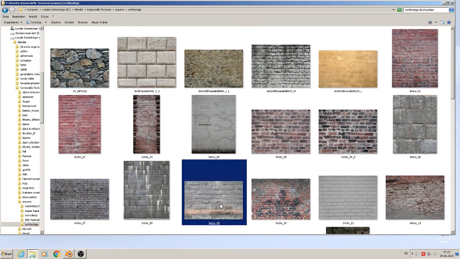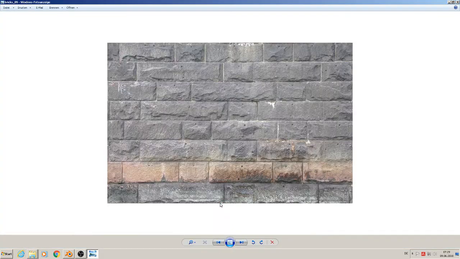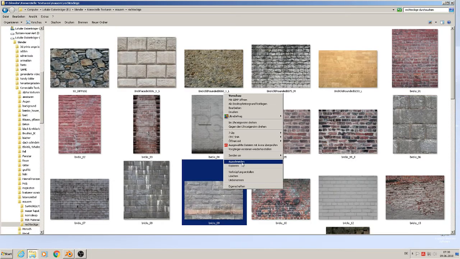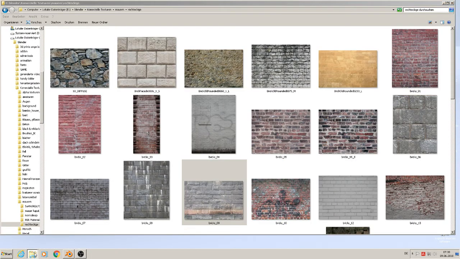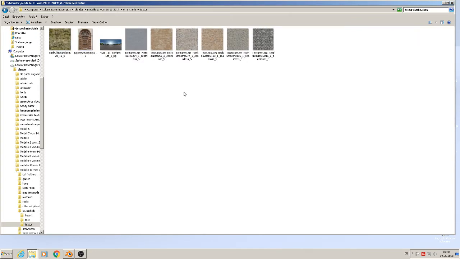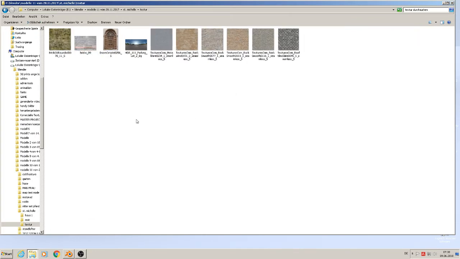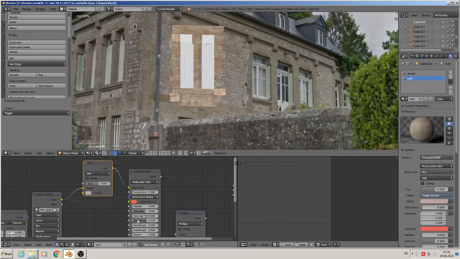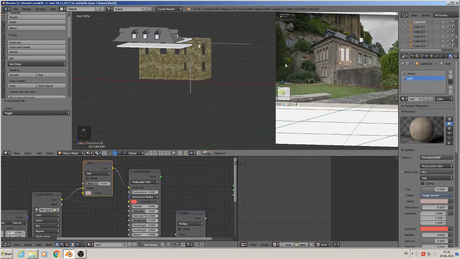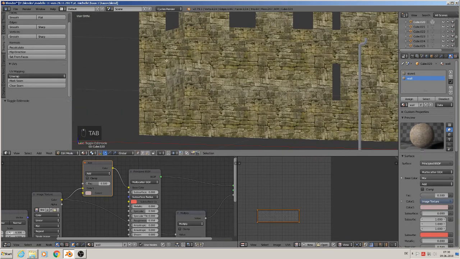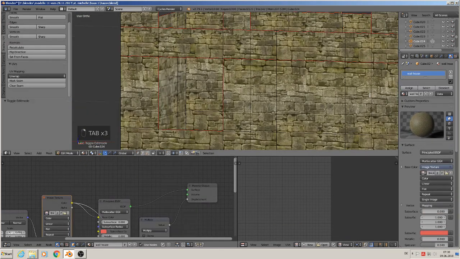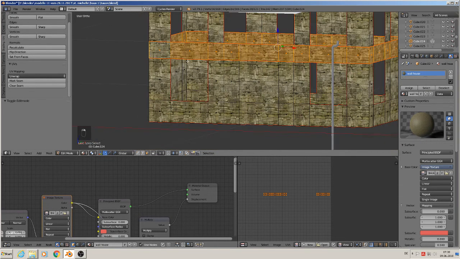It's that one. That is good for that. So we simply copy that into our texture folder, plug in, and then we put that here on the middle part. So here, face selection,